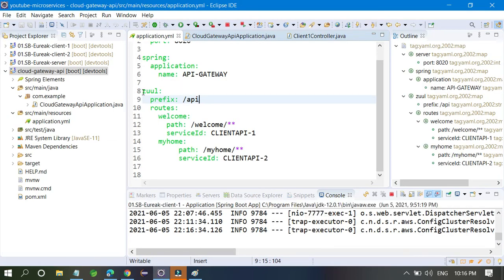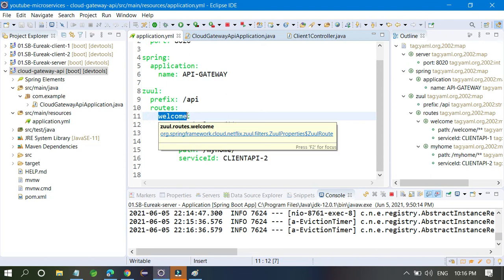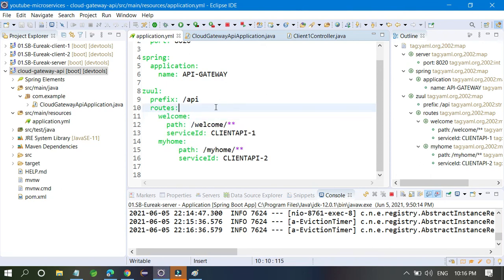So this is a very important concept, guys, you have to know about it. This is the Zuul gateway. This is the prefix, a part after your port number you have to mention, and this is the route. For example, you have to identify your API with some name. So this is that name, welcome, and this is my home. If you have a login, you have to mention login. If you have a department, you have to mention department, and whatever name of the project you mention, you have to mention here. Apart from this, whatever endpoint you have in your project, it will run, no doubt in that.